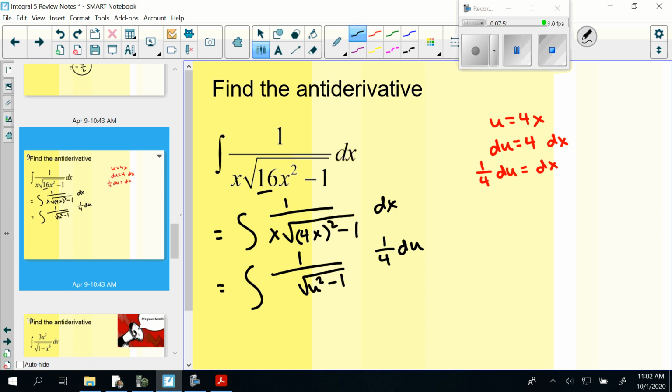We do have this x, though, that we need to replace as well. So we've got to figure out what x would be equivalent to here. Well, just doing some dividing there, we see that x would be equal to u over 4. Or another way of writing that would be 1/4 u. So if we replace that as well,